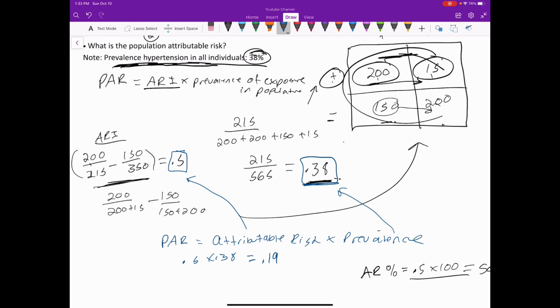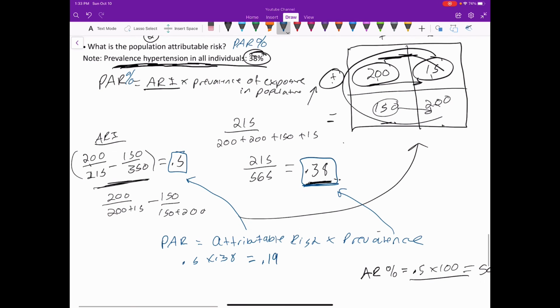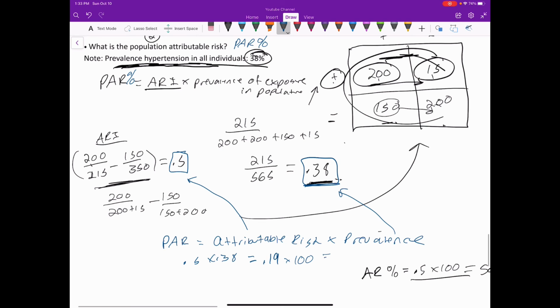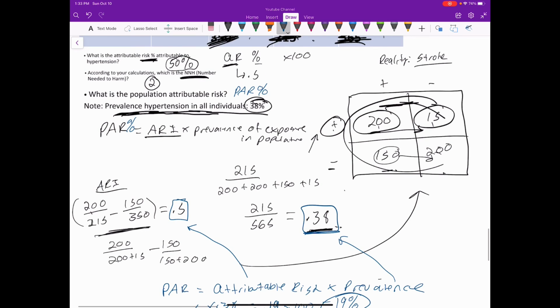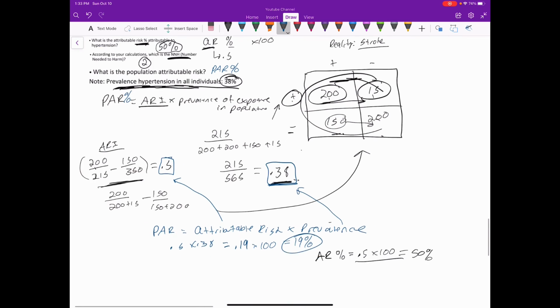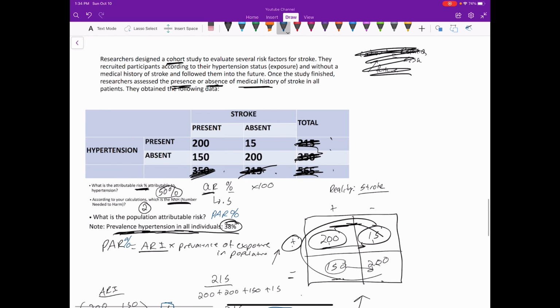Now, when they ask for the PAR percentage, that means the percentage of it. That's what I should have written. How do we get percentage? All we do is multiply it by 100, so we get 19%. That's how we get the PAR. All this stuff is really not too bad if you break it down and understand it in layman's terms. I don't know why they have to go so crazy and try to confuse people, but yeah, I hope it